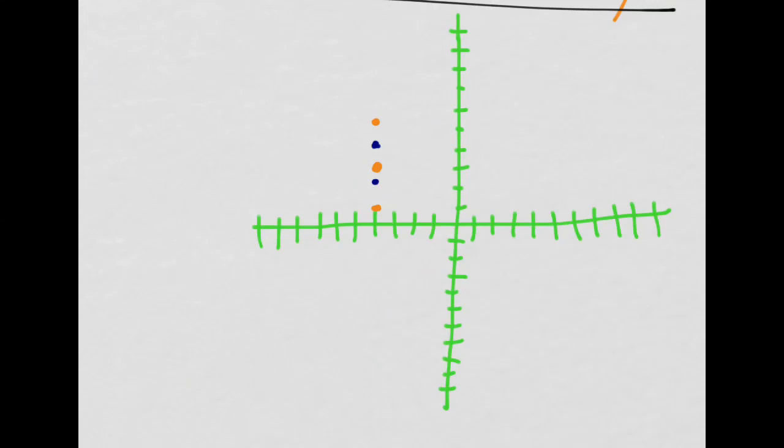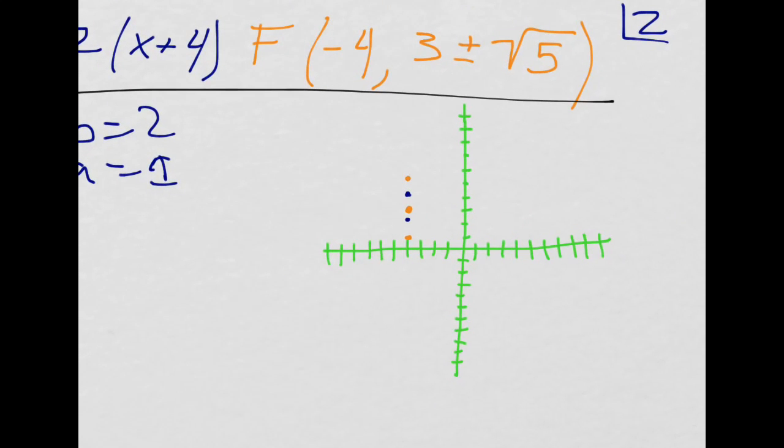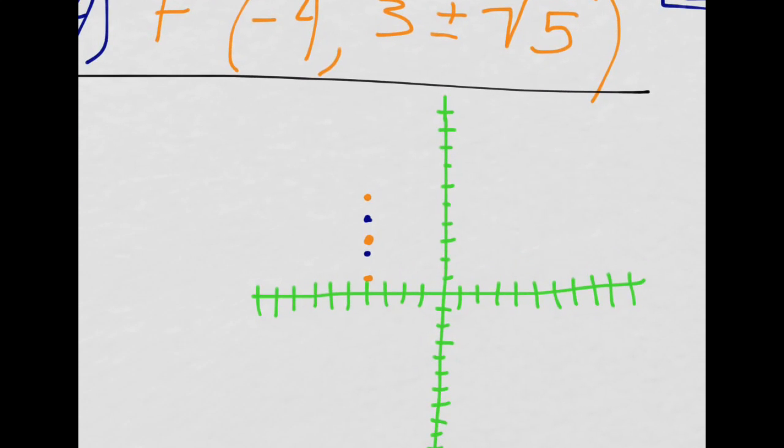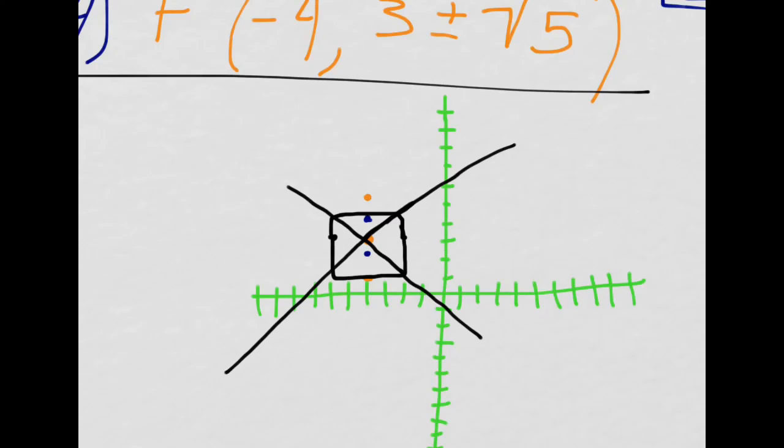And our B value is 2, so that means I'm going to go 2 to the right of our center, boop, and 2 to the left of our center. And now I'm going to draw in that box. Mine doesn't look very good, but it looks good enough to go ahead and draw in those asymptotes. And again, it's hard to do this on the iPad, so please make yours look a little bit better than